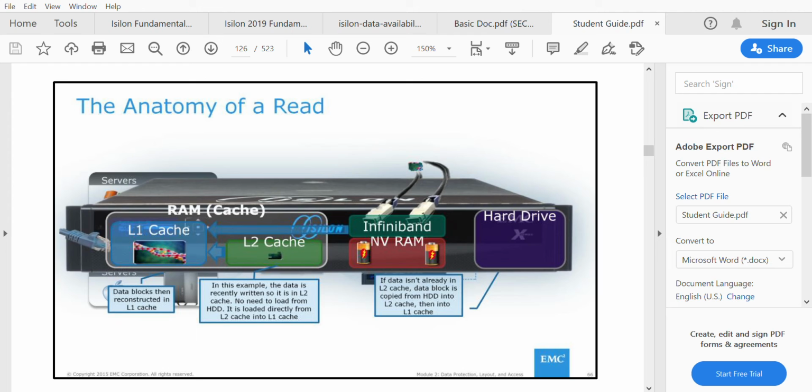And once all the nodes have replied with an acknowledgement, this particular node will send an acknowledgement to the user saying that your file has been saved in the drive. And after the L2 cache gets filled up, it saves to the NVRAM, and then when the NVRAM gets filled up, the data gets saved to the hard disk. So this is how the